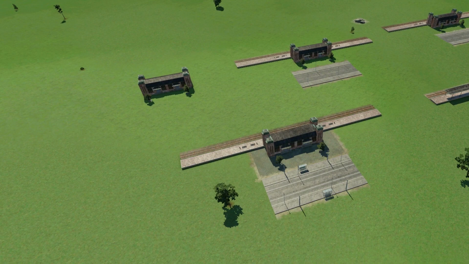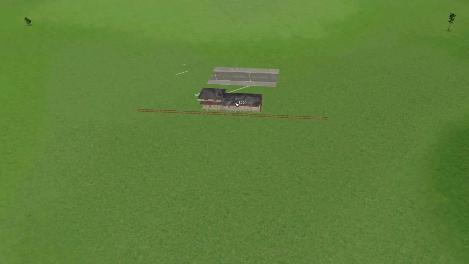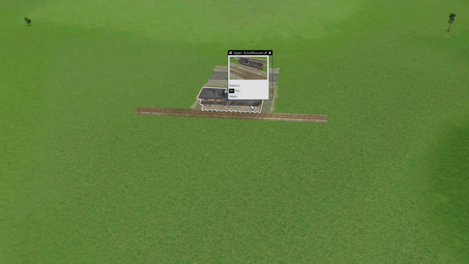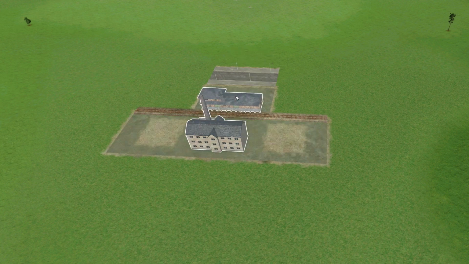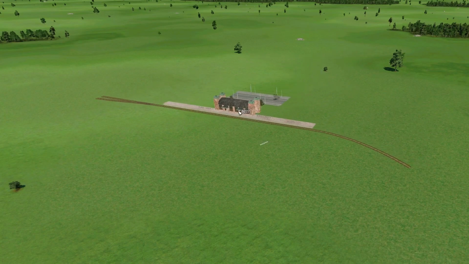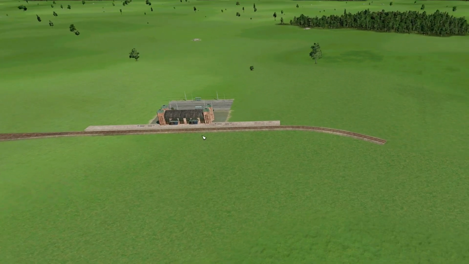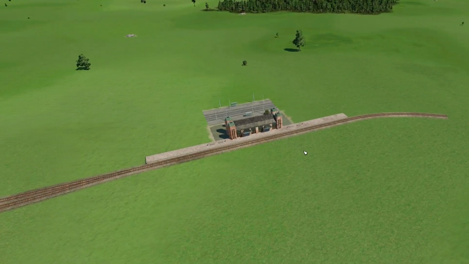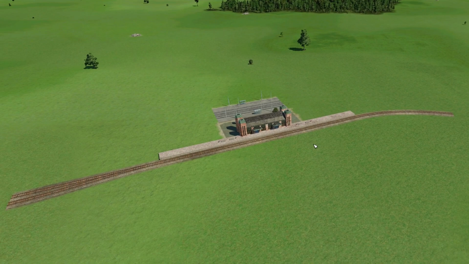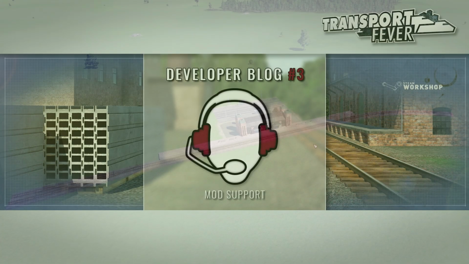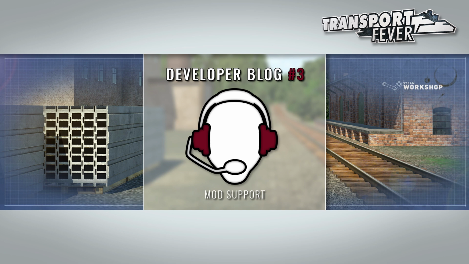But not only different types of stations can be mixed together in one construction file, also completely different categories can be added together, like in this example, a train cargo terminal, which has an option for a whole industry to be attached. Finally, I would like to add that tracks and streets, which are included in these construction files, can be very complex. So it is absolutely possible to add crossings, switches, or of course curved tracks to the construction file. All the files for modding are very accessible, and thanks to Steam Workshop,